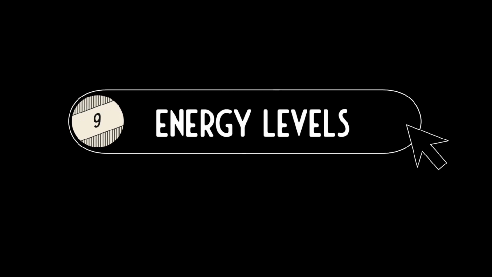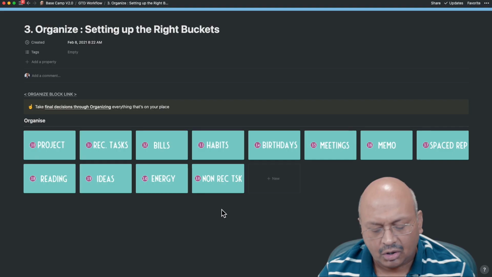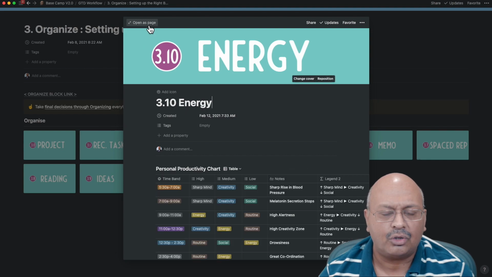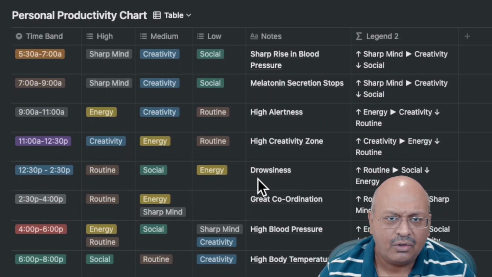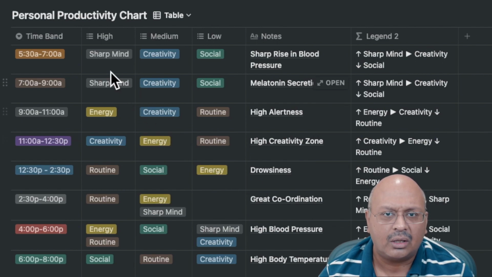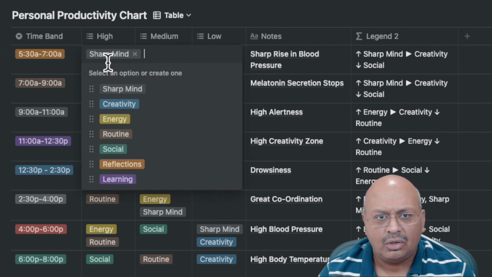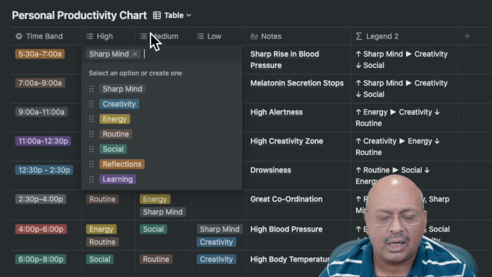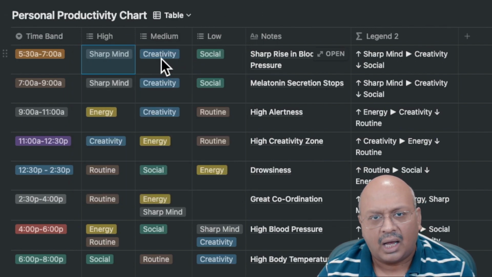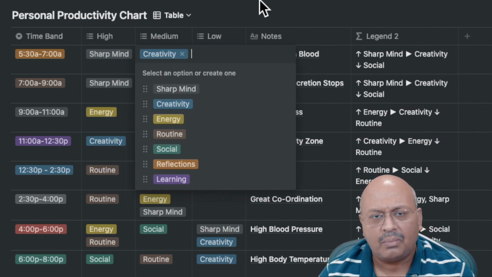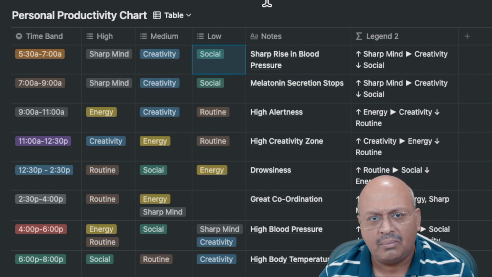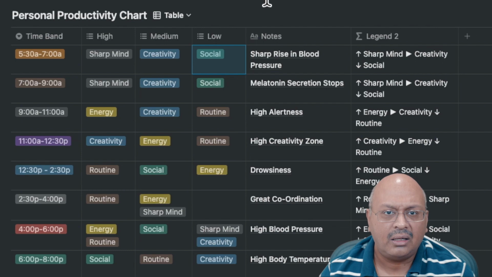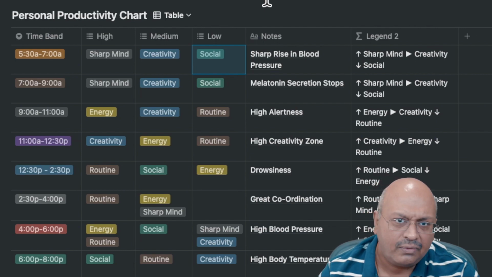Number 9. Understand your energy levels. Your effectiveness is directly proportional to the time of the day and your corresponding energy levels. If you try and do difficult work when your energy levels are low, you will simply take too much time to do it. So I've designed an energy management personal productivity chart based on science, and this defines time bands and how you react under high, medium and low, and how your body reacts, and all of this finally helps